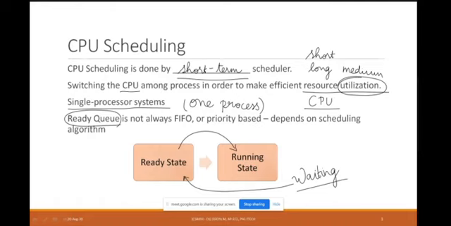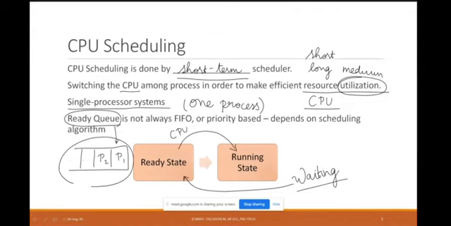So the CPU scheduler is going to choose among the processes which are present in this ready state. This is called a ready queue. I have several processes which are lined up, say P1, P2, etc. And among these processes, the process that I will choose for execution is chosen by my CPU scheduler. The job of this CPU scheduler is to find one of the processes in your ready queue which can be executed on your CPU.